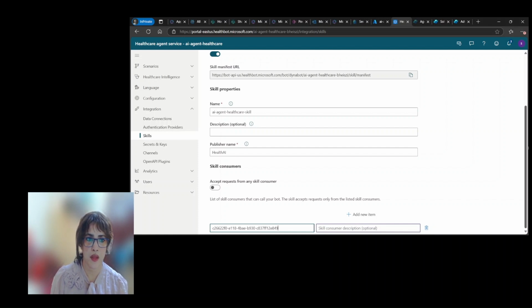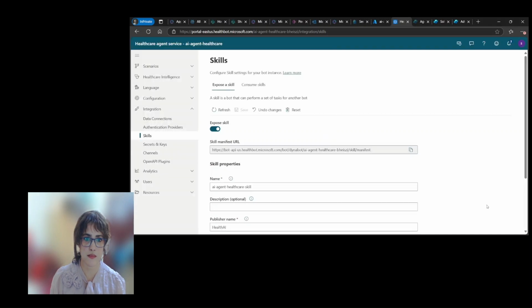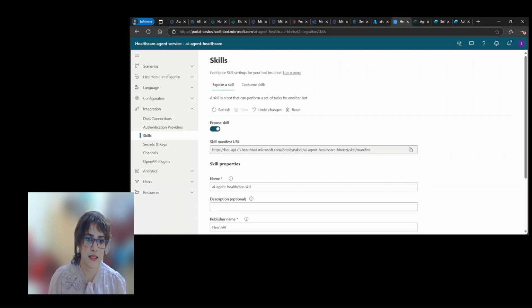Then click on save. It is saved now. So we have enabled the connection between the Copilot and the management portal of the agent